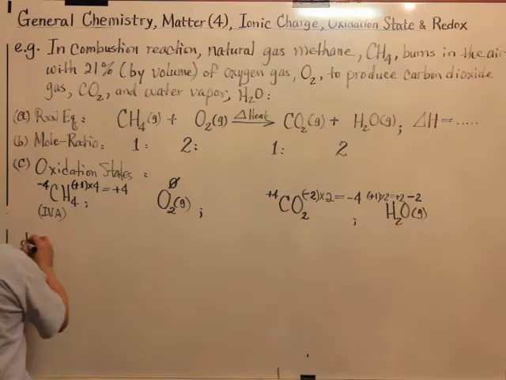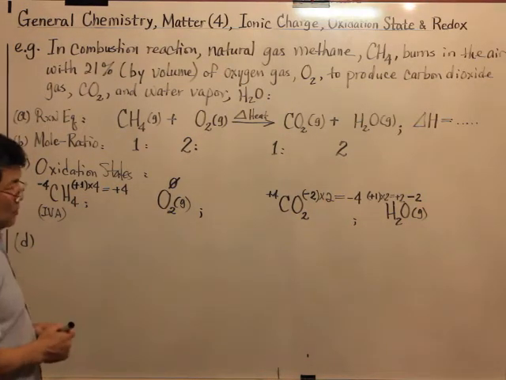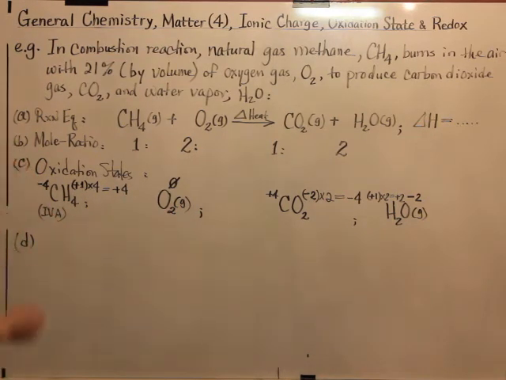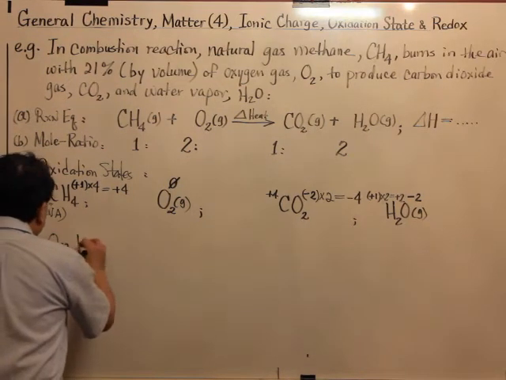So number 4, D, all right? Look at carbon. Carbon starts from -4, right? So its oxidation state is -4, and becomes +4. Now we're going to use the number line to help us figure out how many electrons are involved. So on the number line,